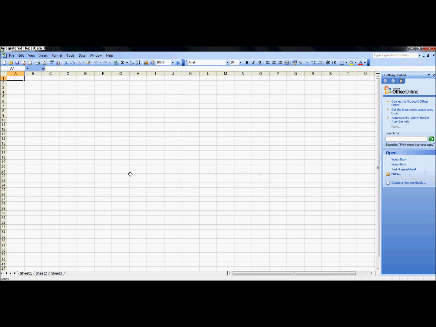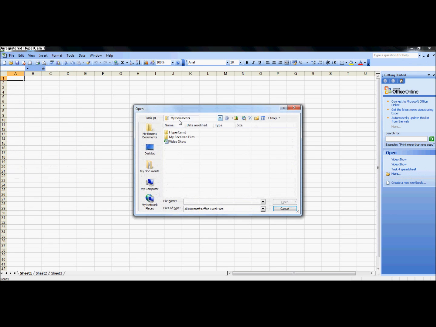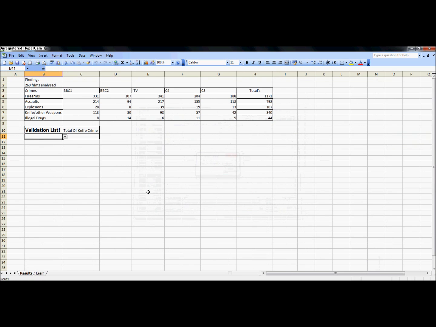Open it and you'll get a blank page, empty cells and all sorts. You'd want to open the document you'd like to put the validation list into. File, Open, and mine's called Video Showing My Documents, so I'd open that. Here is my table. It's about crimes in different TV shows,